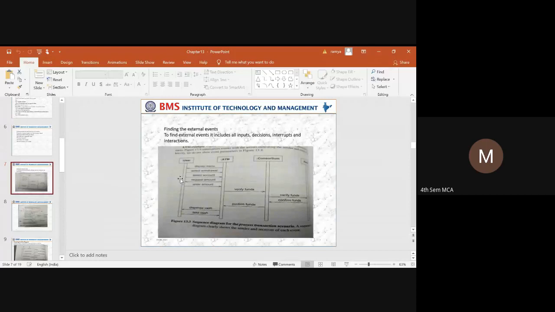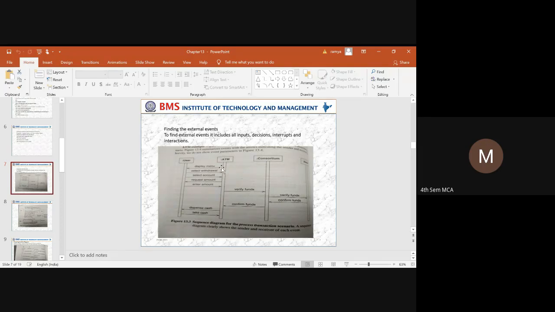Here we have a user, ATM, consortium, and a bank. The ATM will display the menu for the user. Assuming the user is validated after inserting the card, the ATM is going to display the menu.